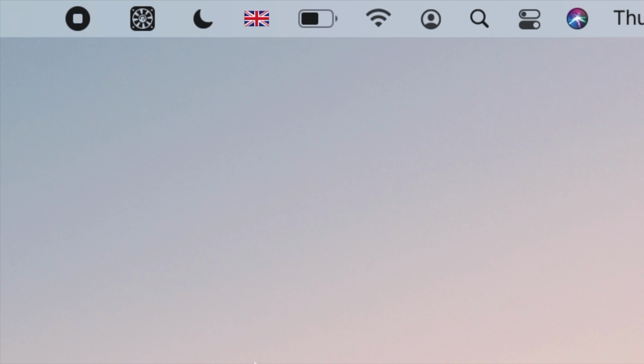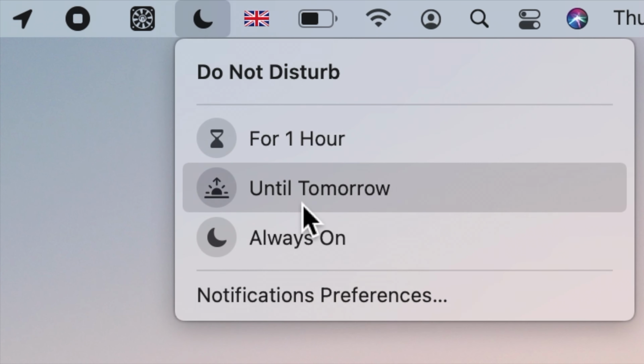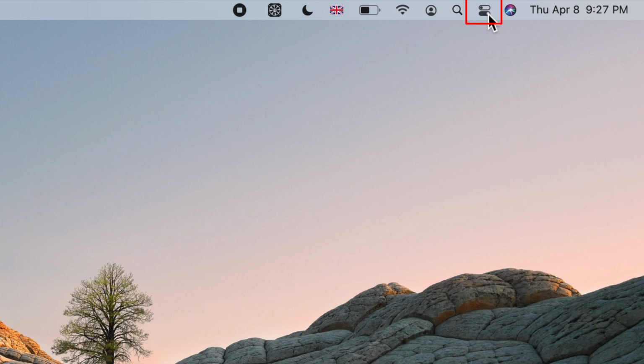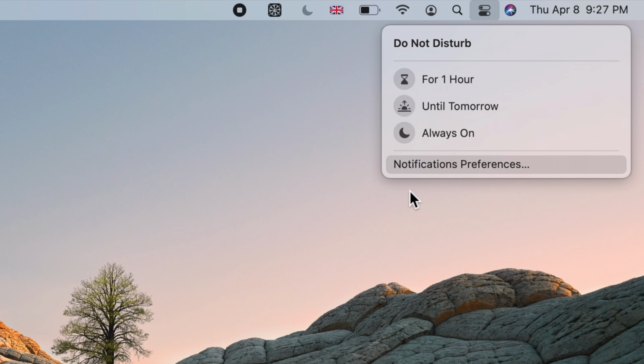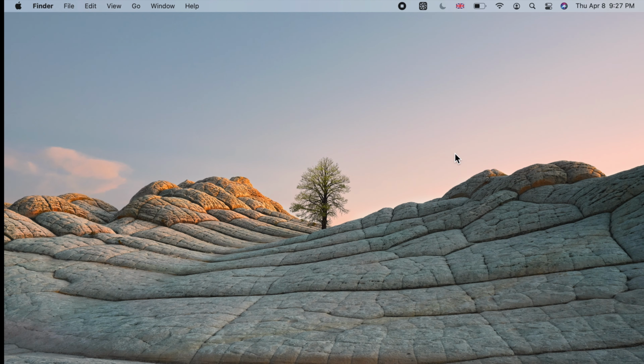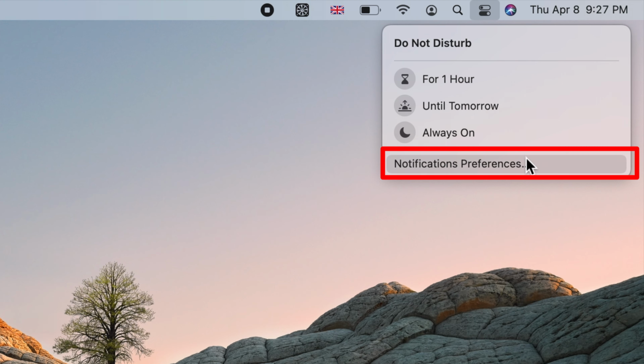To turn it off, click on the Do Not Disturb icon on the menu bar and click on the highlighted option. If you don't see the Do Not Disturb icon, go to the Control Center, choose Do Not Disturb and turn it off there. To schedule Do Not Disturb mode, go to Notifications from the Do Not Disturb bubble or